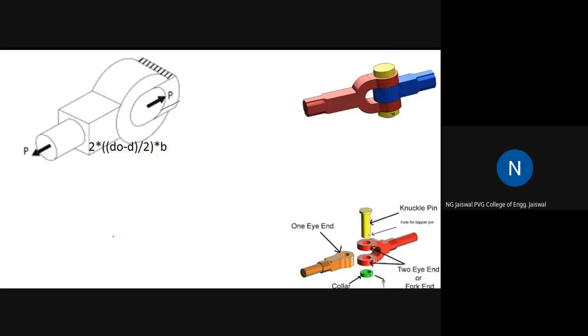What about this? This is another failure, another way of failure. It can happen this way also, that there is a pin inside this, and the pin is, let us say, stationary, and you are pulling this way. Then it may happen that this is so weak in shear that this part of the material can be slid out. Sliding takes place, which means this must be shear. Which shear? Direct shear, because there is no torsion. So this type of failure is a direct shear failure.